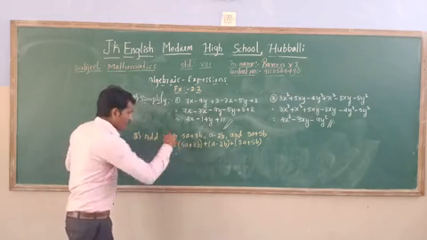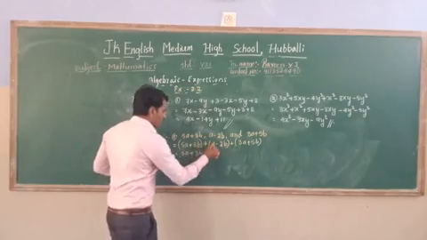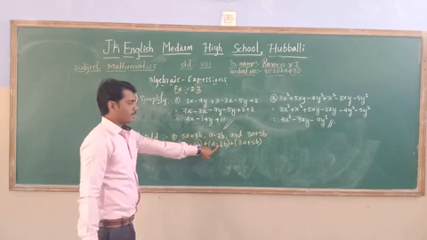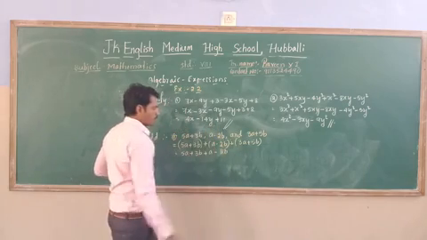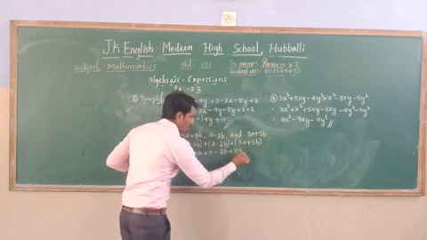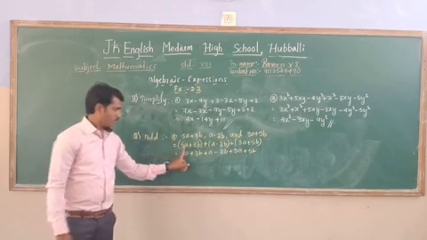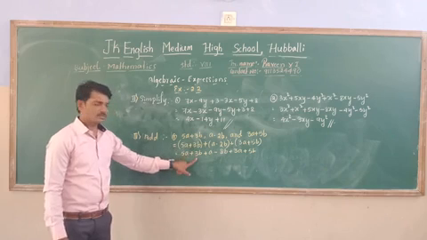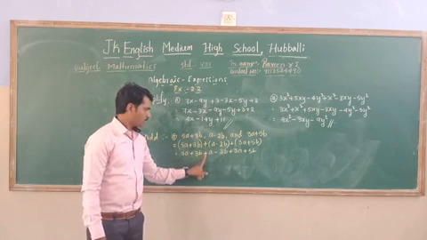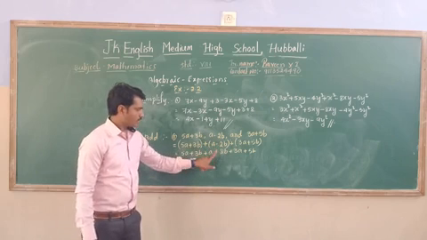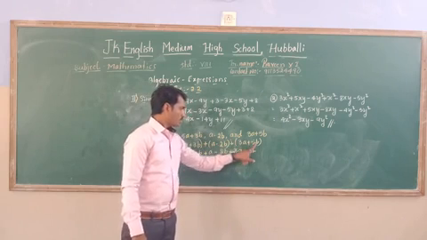Next, remove from the bracket: 5a plus 3b, plus into plus a. So here minus is there, multiply with the plus. Plus into minus 2b, plus into 3a, plus into plus 5b. So once again I will repeat it. 5a plus 3a as it is, and here plus into plus is nothing but plus, a as it is. Plus into minus will come, 2b as it is. Plus into plus 3a, plus into plus, that is 5b.